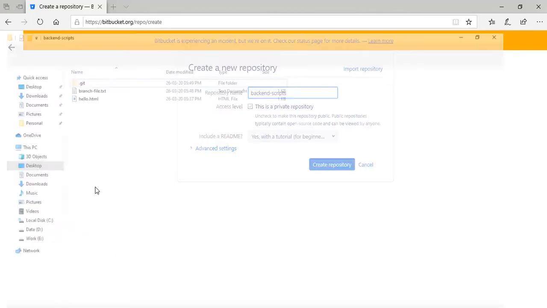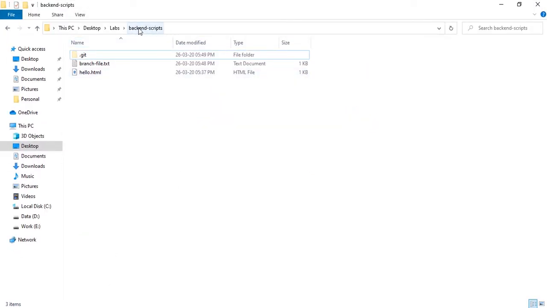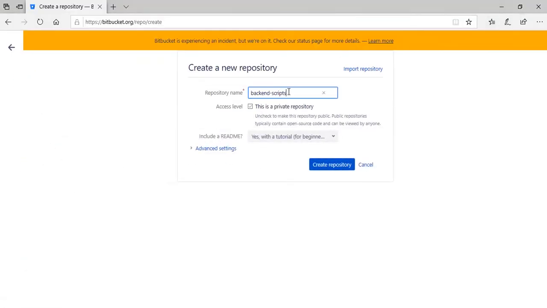You can go ahead and see that the file name is backend-scripts. Now, backend-scripts, is this a private repository or a public repository? There are two types of repositories. If it is a public repository, anyone can access. If it is a private repository, only a few people who have credentials and have been given authorization can go ahead